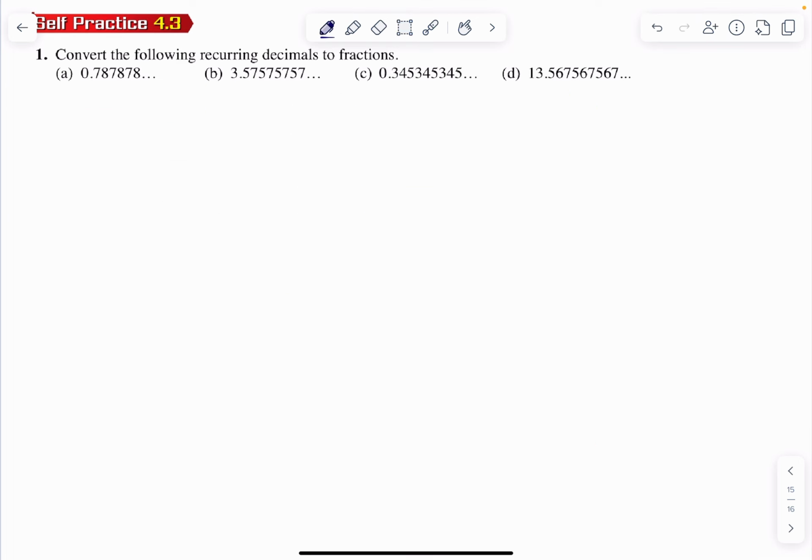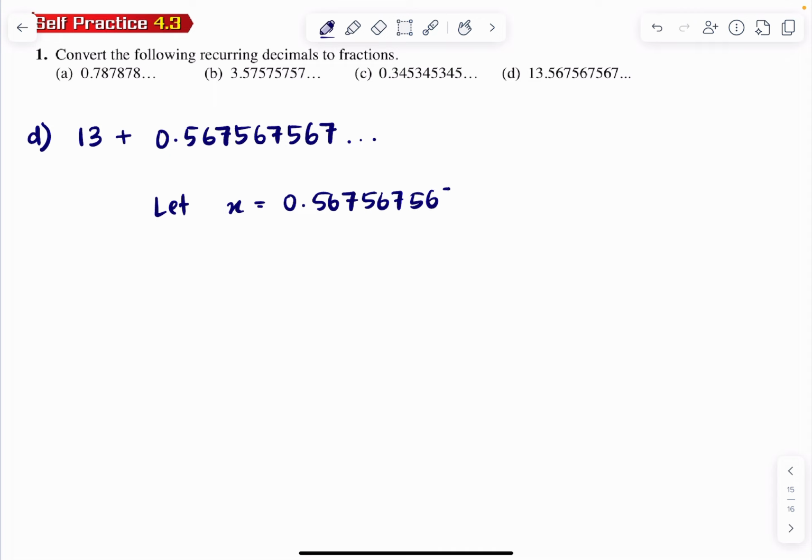And lastly, question D. So here got some abnormality, we got 13 here. So we take out the 13, 0.567567567, dot, dot, dot. So we let x equals to 0.567567567. Here also same thing, the pattern repeats here. So we move the decimal by 3 places, means